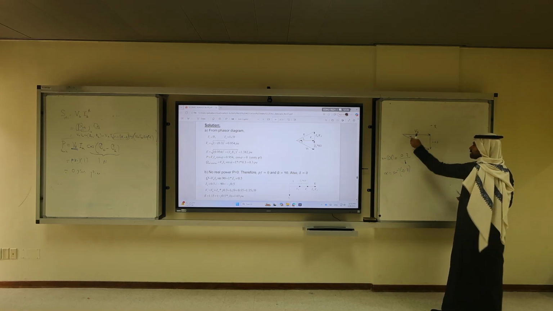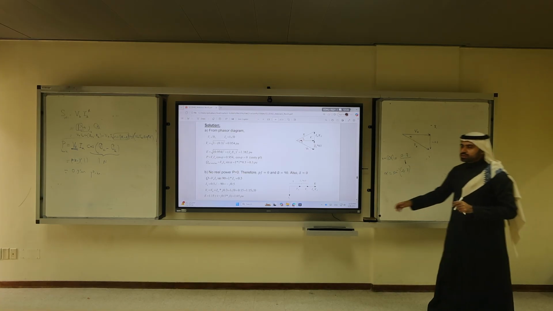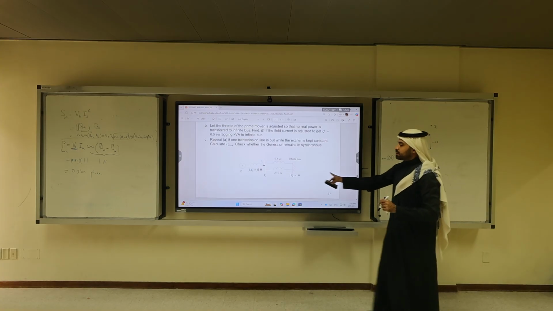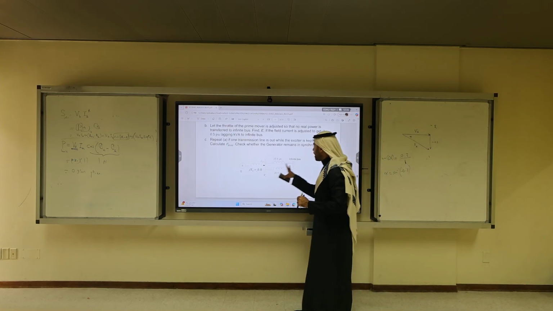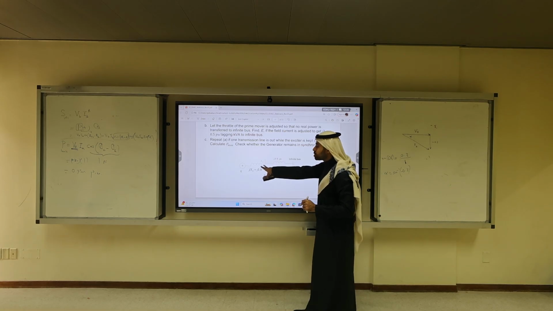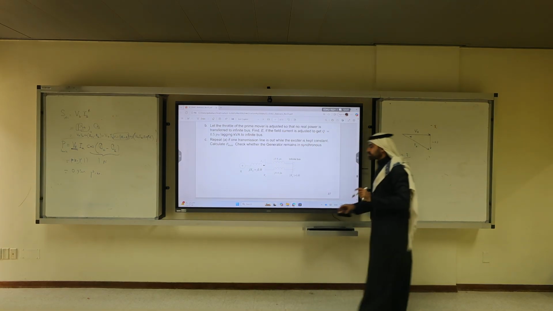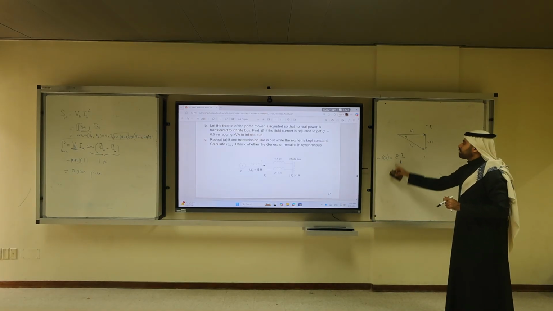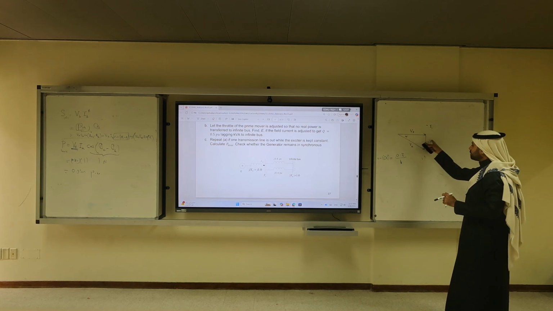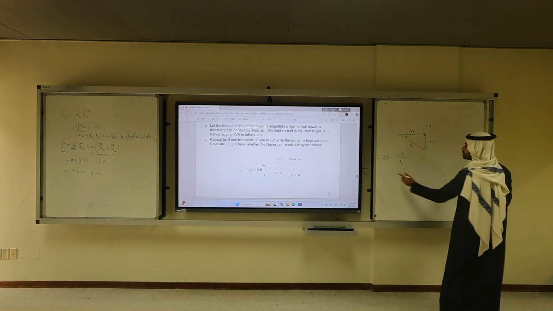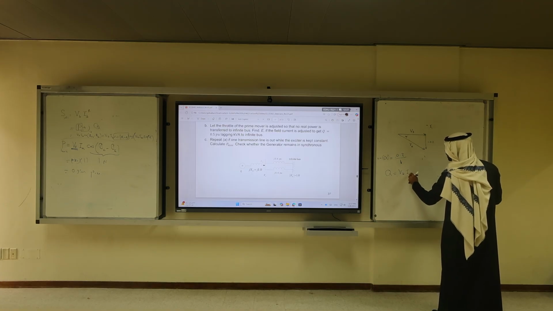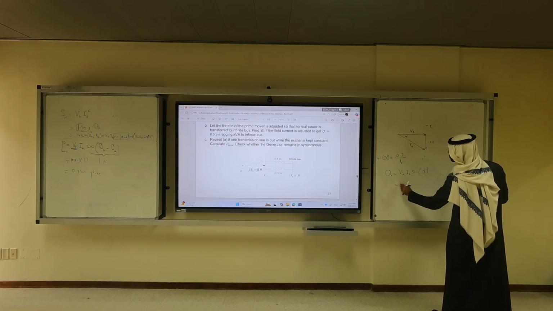Depending when you say, you're going to say the generator or the... no, alpha has nothing to do with the generator. Alpha is the angle. That one is delta. Delta is the angle between this and this. Alpha is the angle between the infinite bus and the terminals of your synchronous machine, not the transmission line. Clear? No need to calculate alpha. I know sine of alpha is 0.3 over 1, opposite over hypotenuse. This we can calculate Q to be Vb, Ib, sine of alpha, which is, what is the